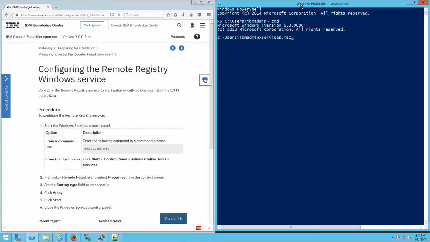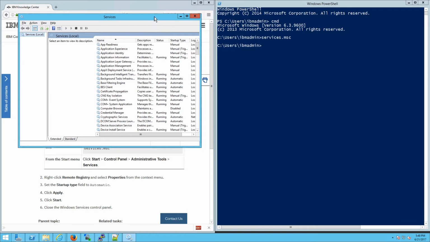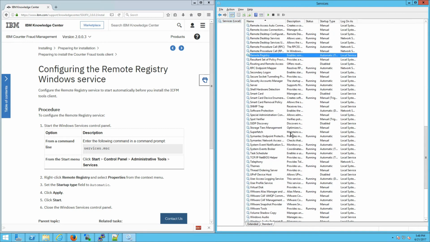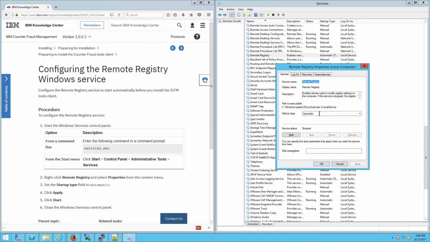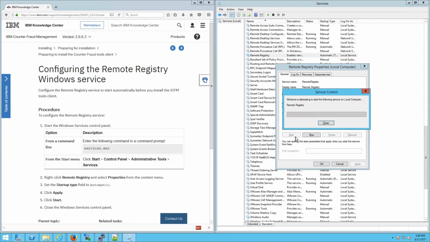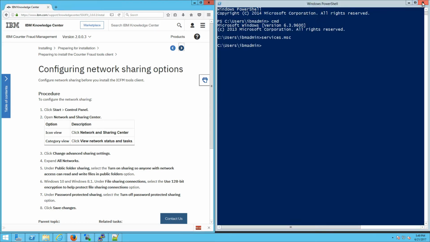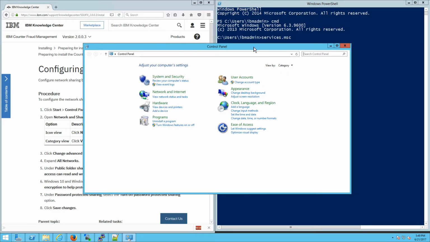Type services.msc, snap that to the right side of the screen. Click Standard, navigate to Remote Registry, go to Properties. Make sure startup type is automatic and then click on Start. And then go to the next page, close this window, type in Control, snap that to the right side of